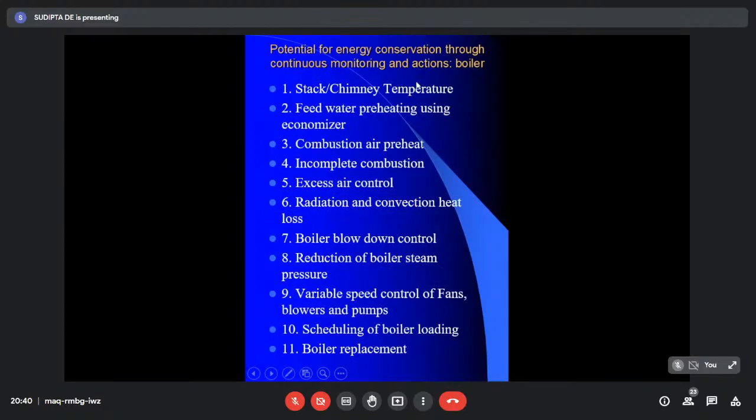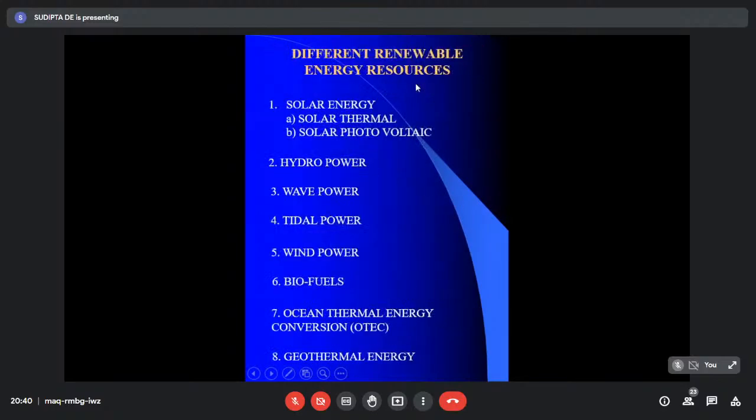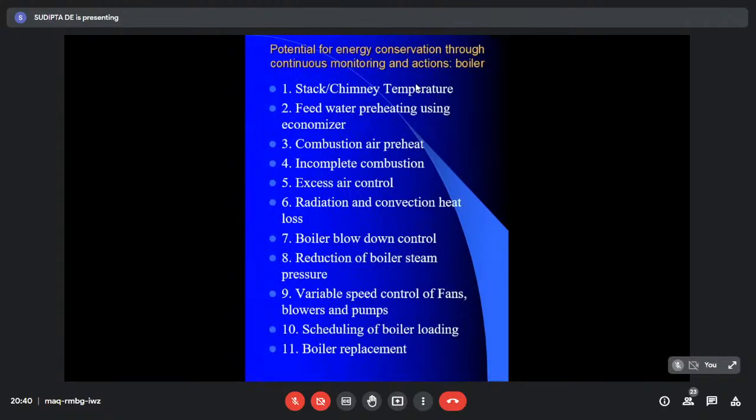So, just write down point one. I'm giving one or two sentences for each of these parameters. Just write down stack temperature. Stack temperature is the